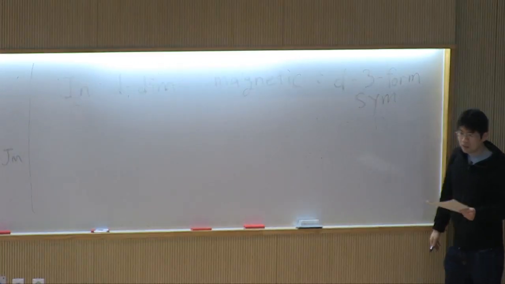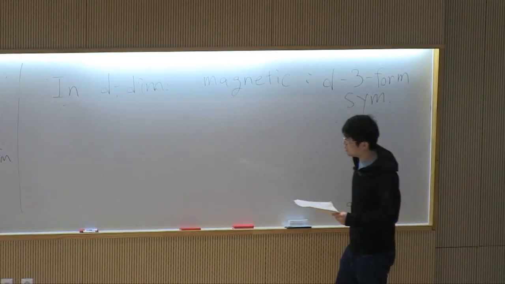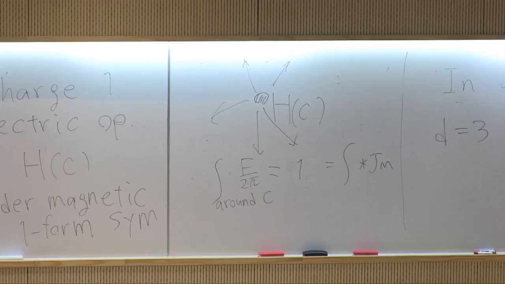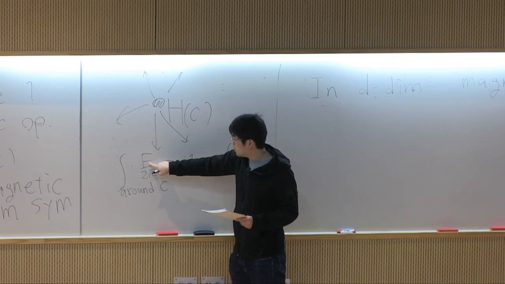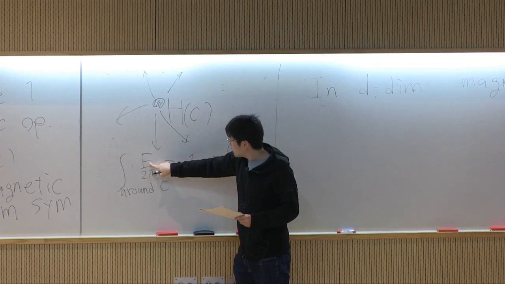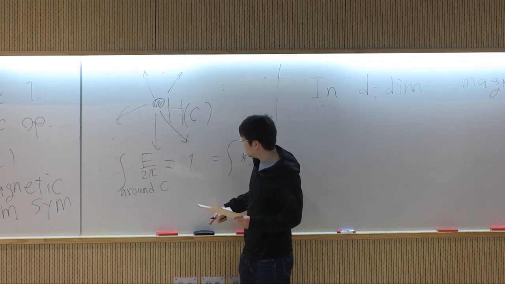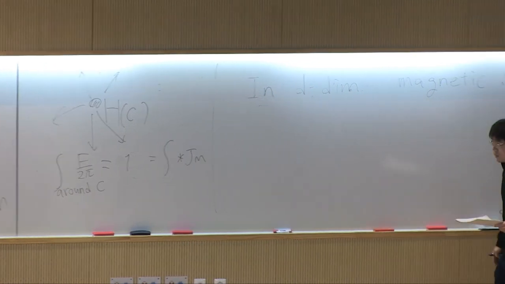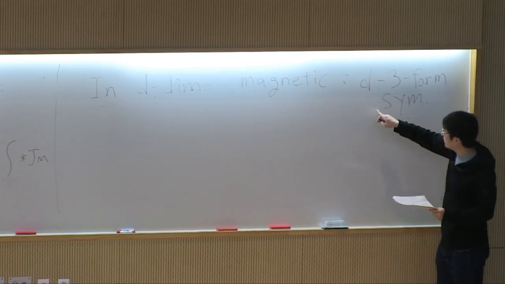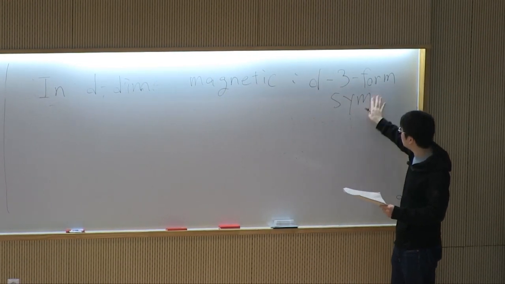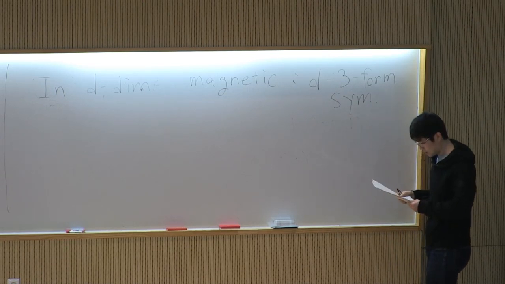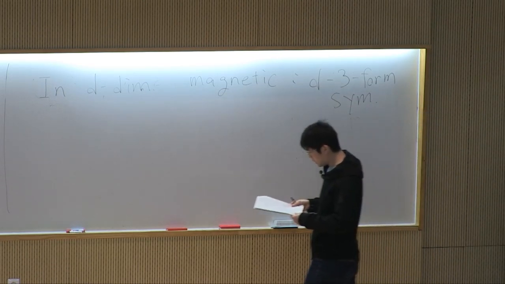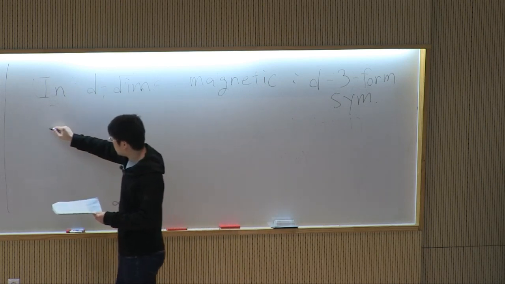This d minus 3 can be seen just from counting the degree of this form. So this F is a 2-form. If we take the Hodge dual, then it is a d minus 2 form. And that means that this magnetic symmetry is a d minus 3 form symmetry. And in particular, if d equals 3,